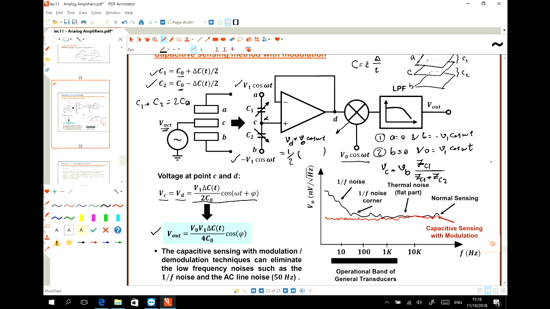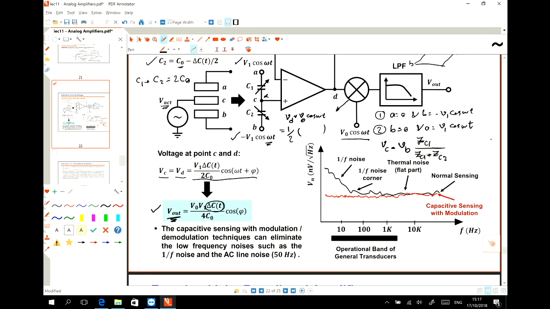And then cosine phi. So you see that in the voltage output, we can see the effect of the delta C. I mean, how the C is changing, we can see it in the output. But we are working in the frequency of the omega, not in the DC. And then we can get rid of the